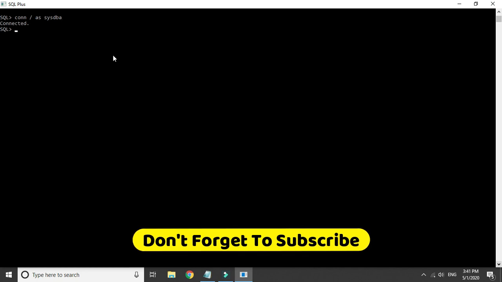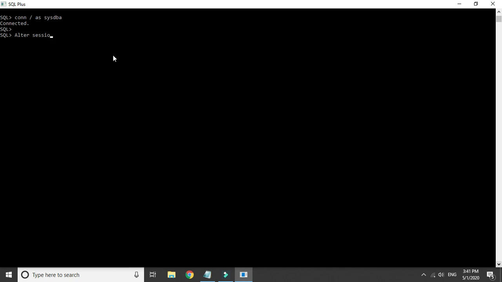So now we have to connect to our system database administrator account using this command: conn /as sysdba. Now whenever we have to change anything or alter the session, we have to set alter session true by running this command: alter session set oracle_script=true. Now we are connected as sysdba and have complete access of all things like admin, and we can alter the